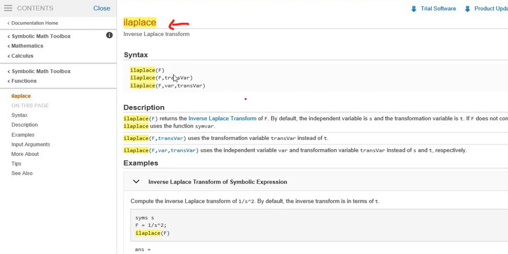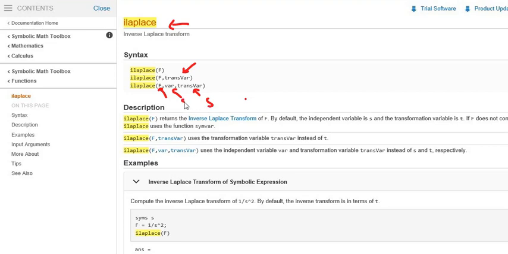So this syntax here, ilaplace(F), or ilaplace(F, transform variable), this is the S, we call it the transform variable, or else ilaplace of the function F, the function variable, and the transform variable, which is S,